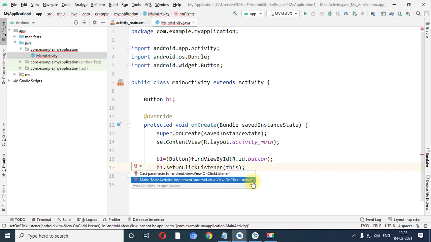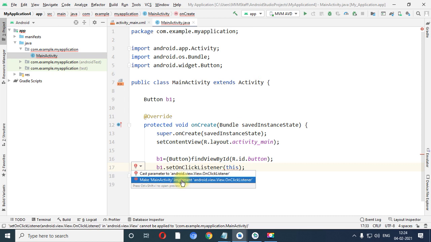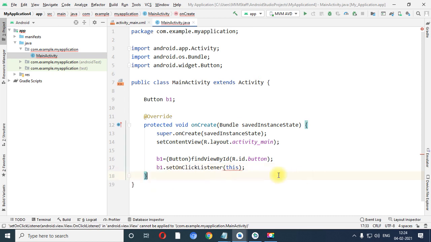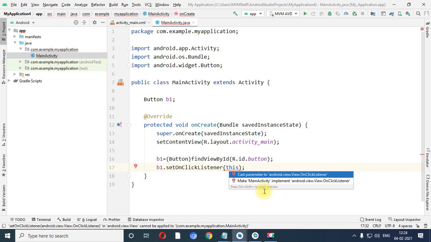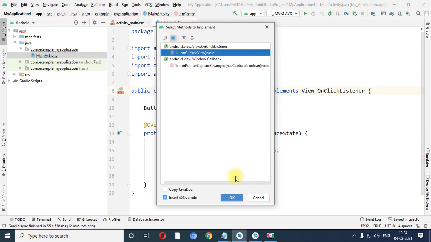If you are clear with the Java concept, you need to understand that when you perform setOnClickListener, at that time you need to implement your code over here. So I am going to select this one, either from the red mark, or you can press Alt Enter over here. The same option you will get from the list: make MainActivity implement OnClickListener. Over here it gives you the suggestion that when you override this, you need to override the onClick method.